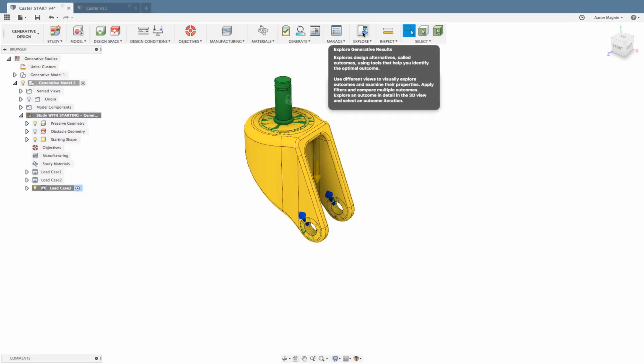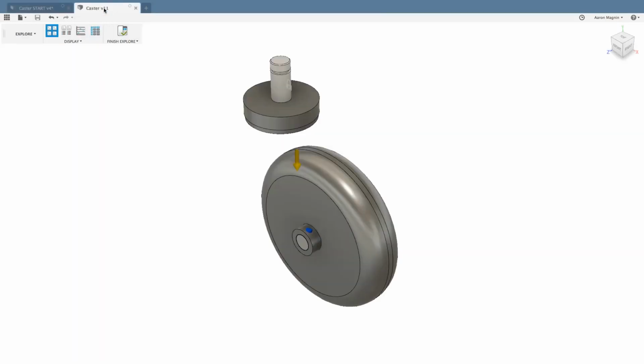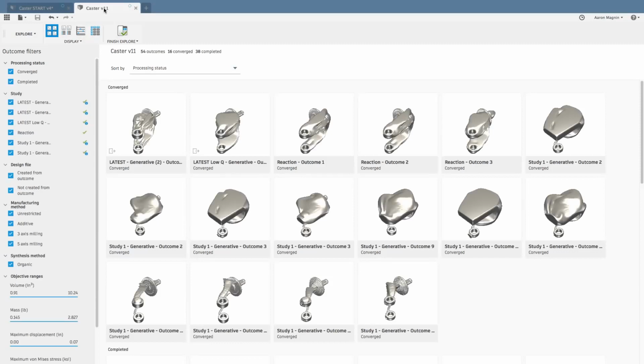And with that said, let's go ahead and take a look at some of this exploration and some of the work that we've created with a previous example. And like I mentioned, there were some mistakes in some of the setup that I did here, and that happens, right? But here you can see some of these results, and what's really neat is that you can sort by study, and in this case you can see it looks like I forgot to rename some of my studies, so learn from my mistakes. You can do things like isolate the ones that I've already exported, and you can see